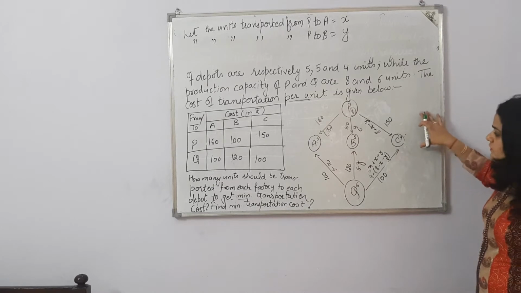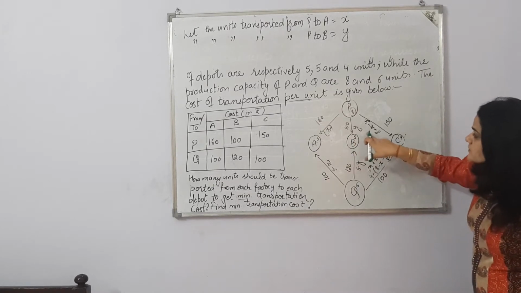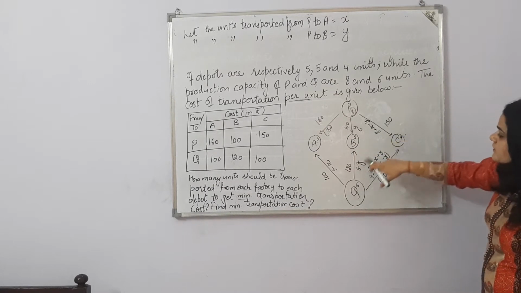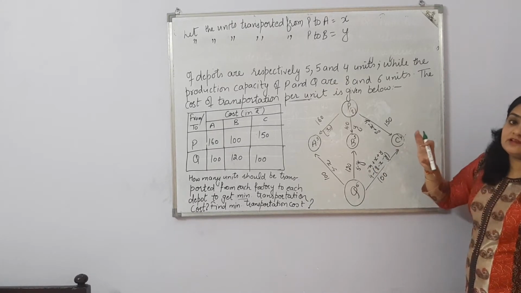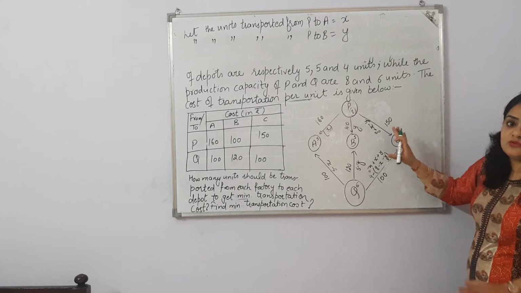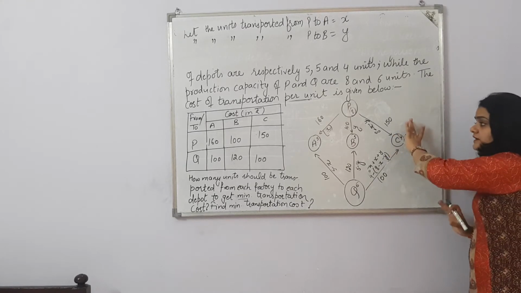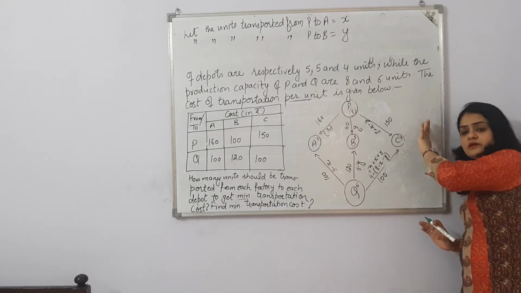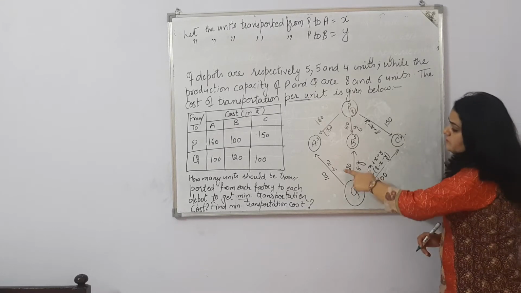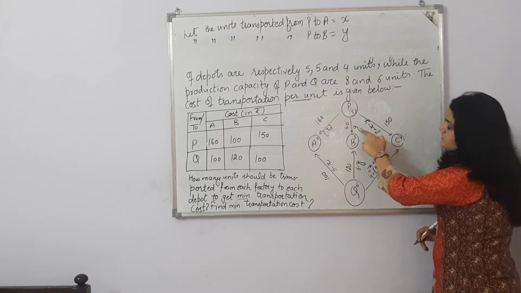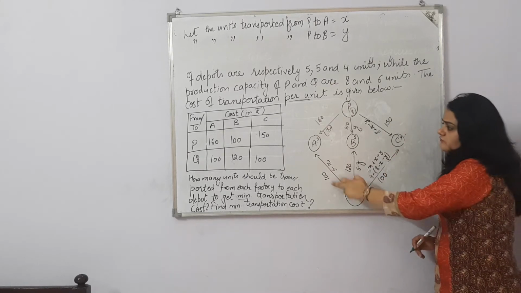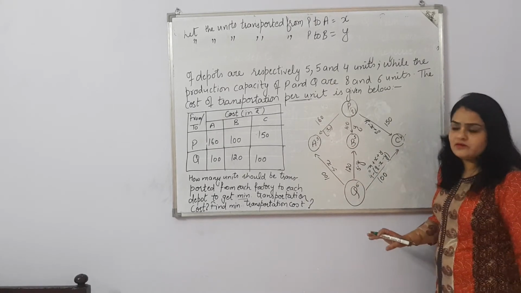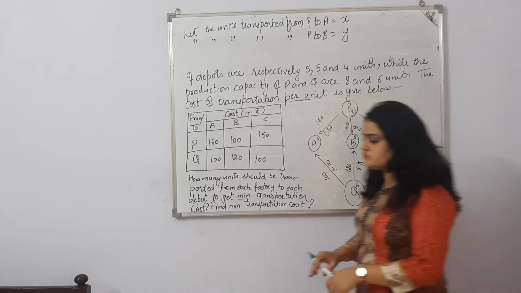Now we have all the quantities. You are watching that I have taken only two variables, x and y. This expression is also in x and y. I have not taken z, a, b, c. Instead of taking 6 different variables, this flowchart is giving the proper explanation. Now we have all the units transferring from P to ABC and from Q to ABC, and we have the transportation costs as well. Now we need to find the constraints.